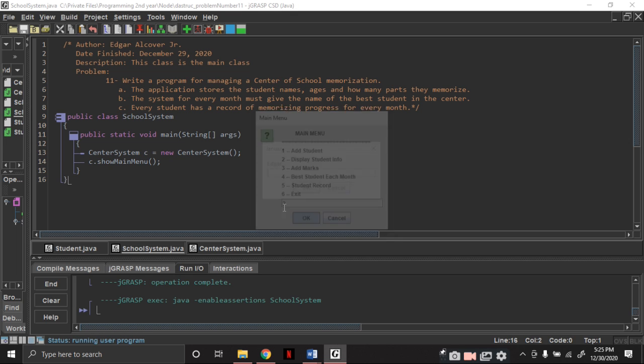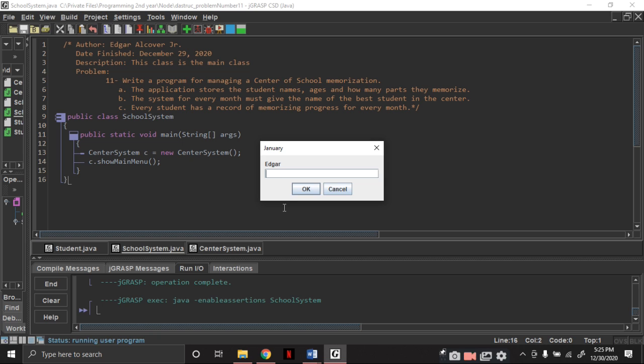And then let's add marks for the two students. Let's make January Edgar a 5, and wait, let's make it 10, and oh no, I input 19. Oh, it's okay. Then let's make Edgar the best student from January to June.